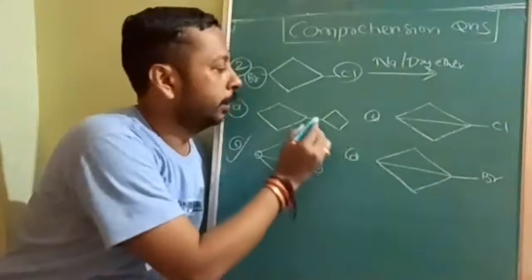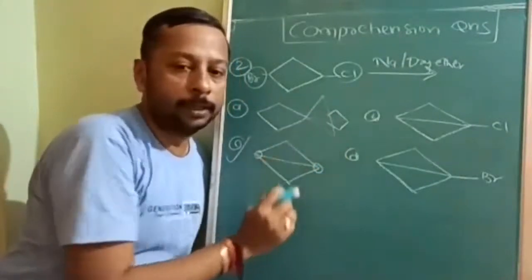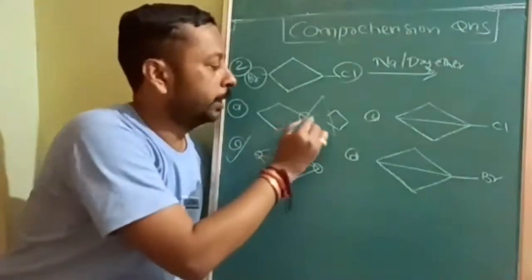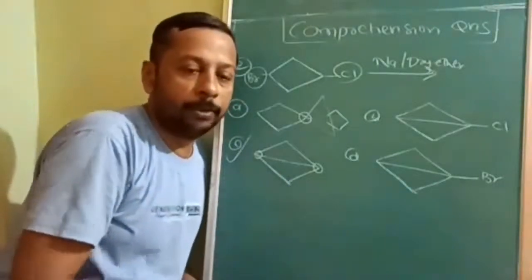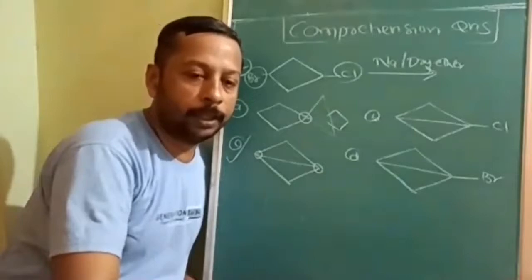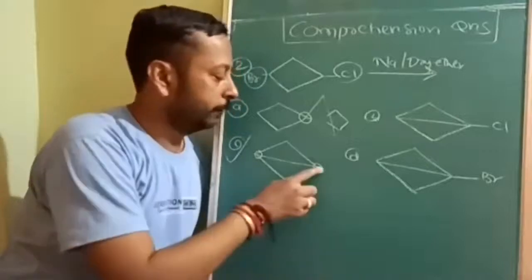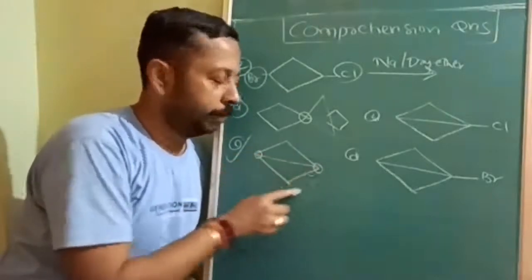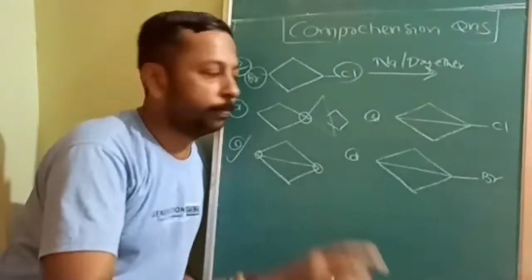If there is one head carbon atom, then it is called a spiro. One head carbon atom is spiro, two head carbon atoms will be bicyclo. I think you are all aware of the rule interchanges. When going from spiro to bicyclo, the increasing order becomes decreasing order during naming. In the brackets, the number of carbon atoms from here to here, from here to here, the naming will change. And this is an example of